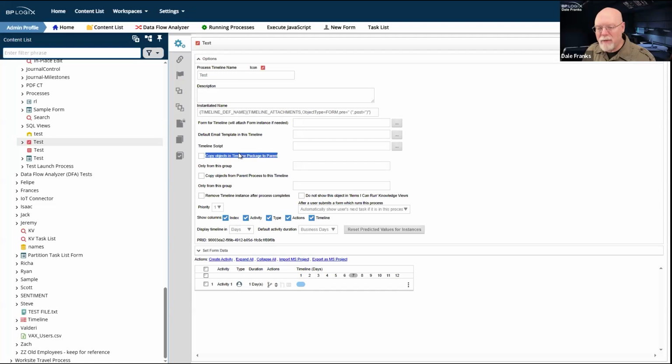But what happens if you start a sub process and that sub process in turn starts a second sub process? We now not only have a child parent relationship between the initial process and sub process one, but we have a grandparent grandchild relationship with sub process two that got kicked off by sub process one.